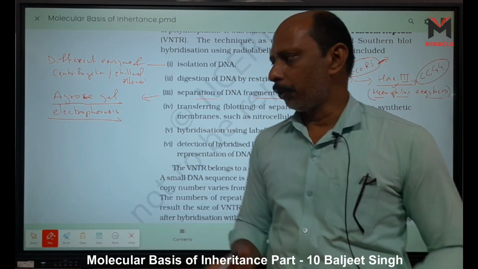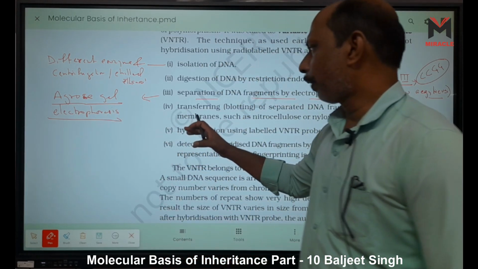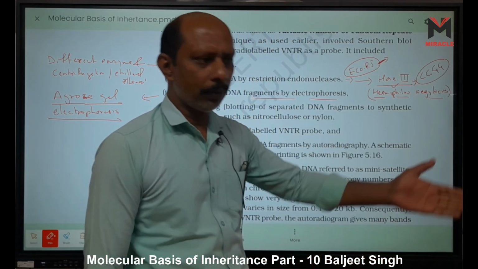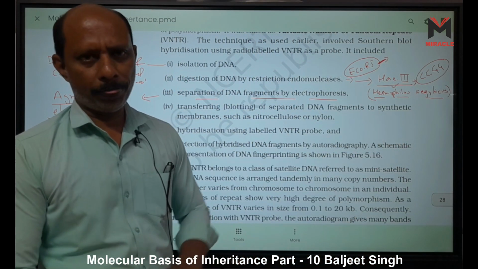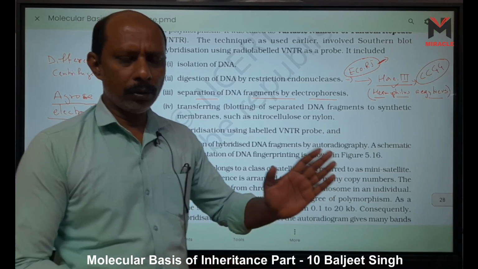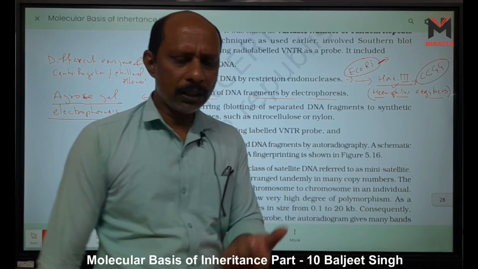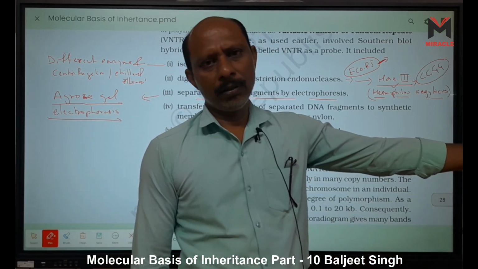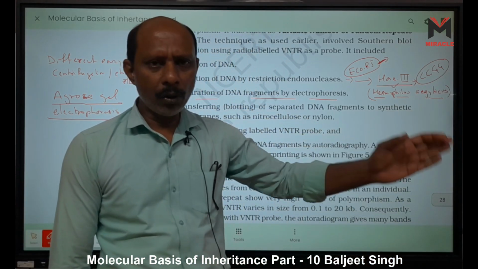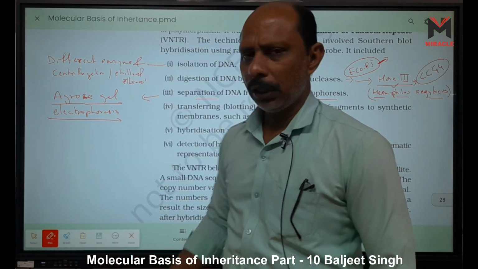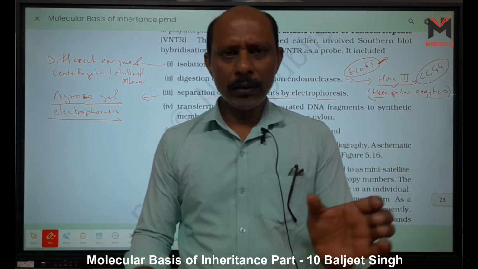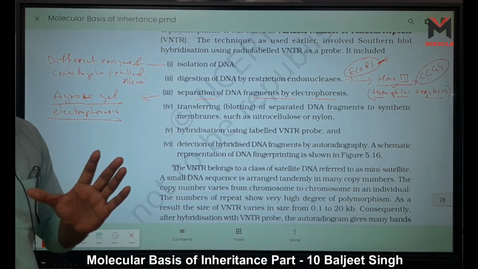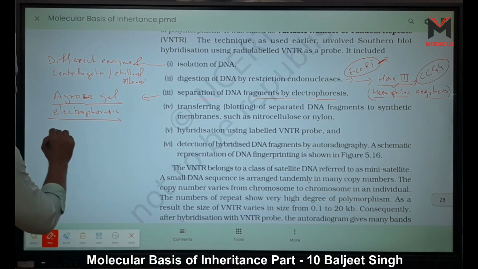So through the colloidal solution, we know what happens in electrophoresis. Because DNA is negative in nature, it moves toward the positive electrode, that is the anode, toward the anode. The smallest fragment of DNA moves very fast. It travels a long distance. So now through this gel electrophoresis, we get different size segments, different length segments. You can see here, this one is a